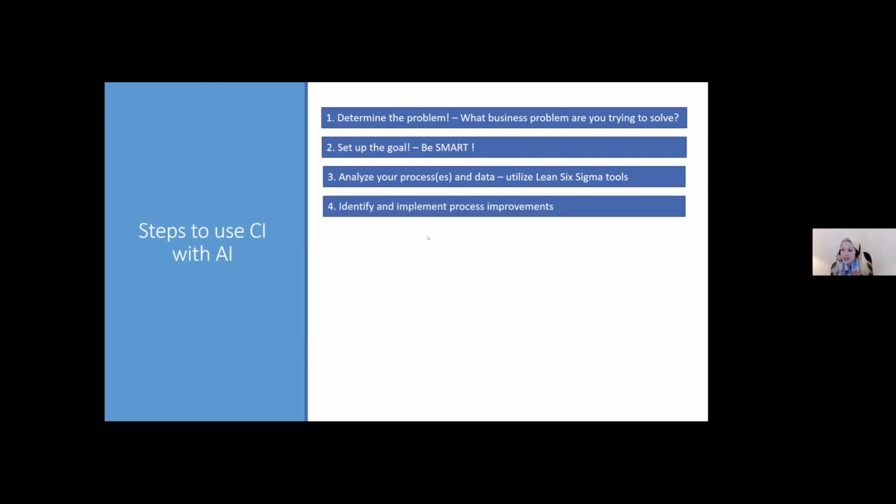Once you review those processes and understand the root causes of what's going on, this is where you identify and implement those process improvements. This is very key. Like I like to say, don't use technology to solve all the problems. Sometimes very basic process improvements, like implementing Poka-yoke, which is mistake proofing, or just standardizing the work, or putting the right people in the right place,